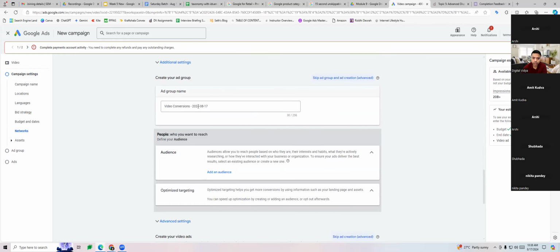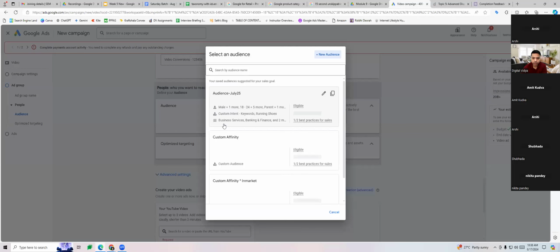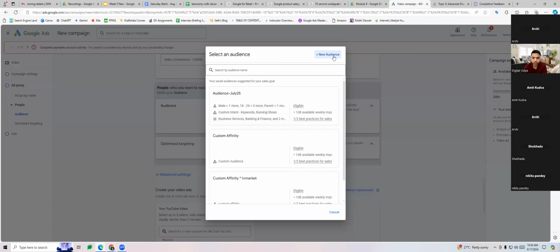Then comes your ad group level. So now you can give a name to your ad group. And then you can do your audience targeting. Remember audience targeting from display campaign: affinity audiences, in-market audiences, live events, all of that. So you can add an audience over here.